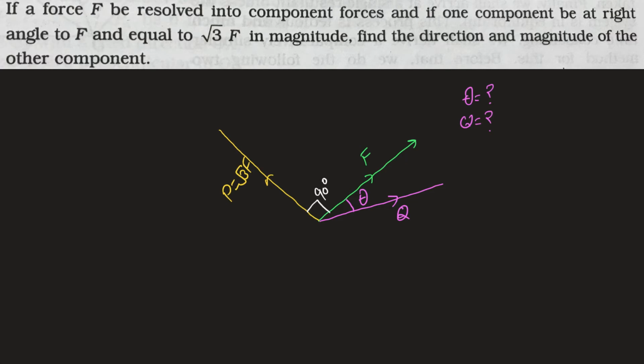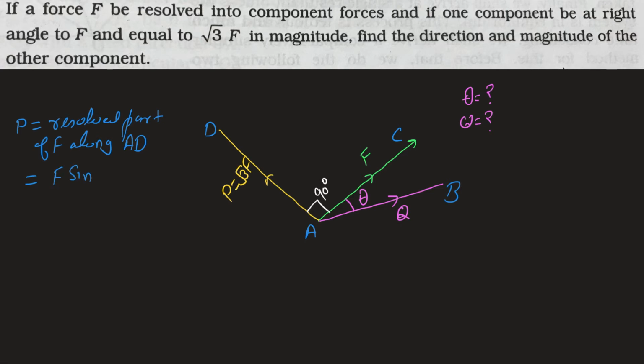Now you could name them: this is A, this is C, this is B, this is D. Right. P, the resolved part of F along AD, is equal to, now use the formula, F resultant as such,